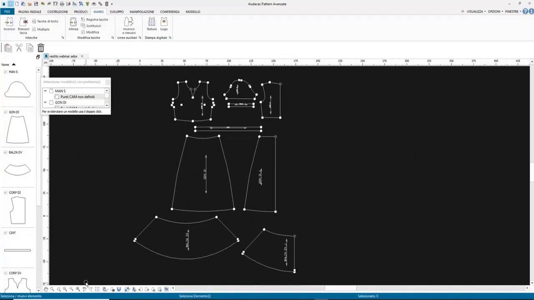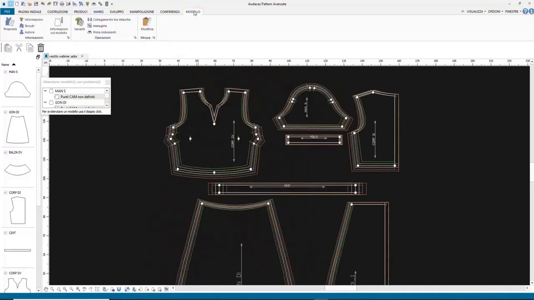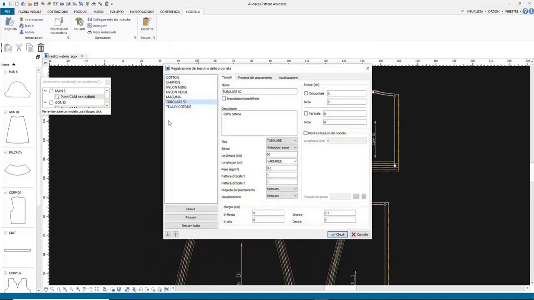The next step will be to set the fabrics for this dress. In the meanwhile, activate the seams and the graded sizes. To set the fabrics, you must go in Model tab, Fabric tool, and here we can create all the fabrics that we need for the creation of our models. For example, the cotton, insert the name,